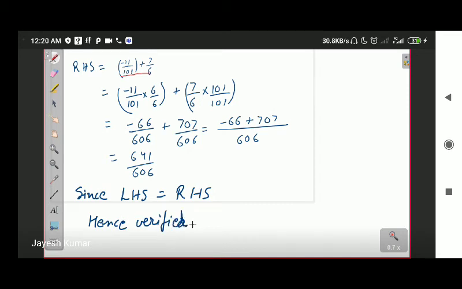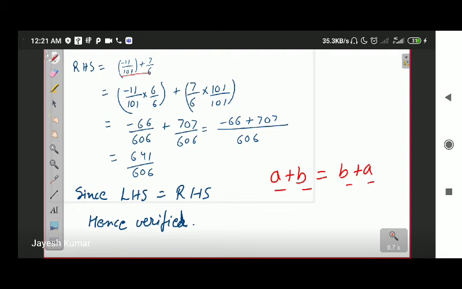Okay, so this is what it means to be commutative. What it means to be commutative is A plus B is equals to B plus A. Addition of any two rational numbers is commutative. Even if we interchange the places of both the numbers, the answer is going to be same. Fine. So this was commutative property.